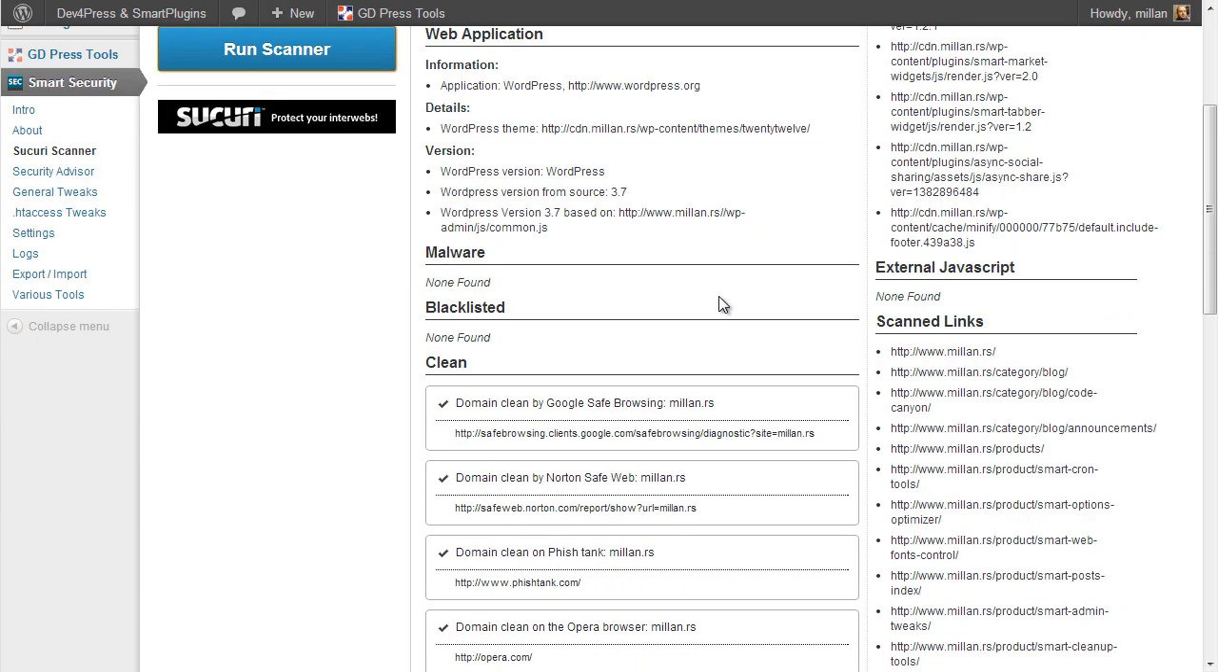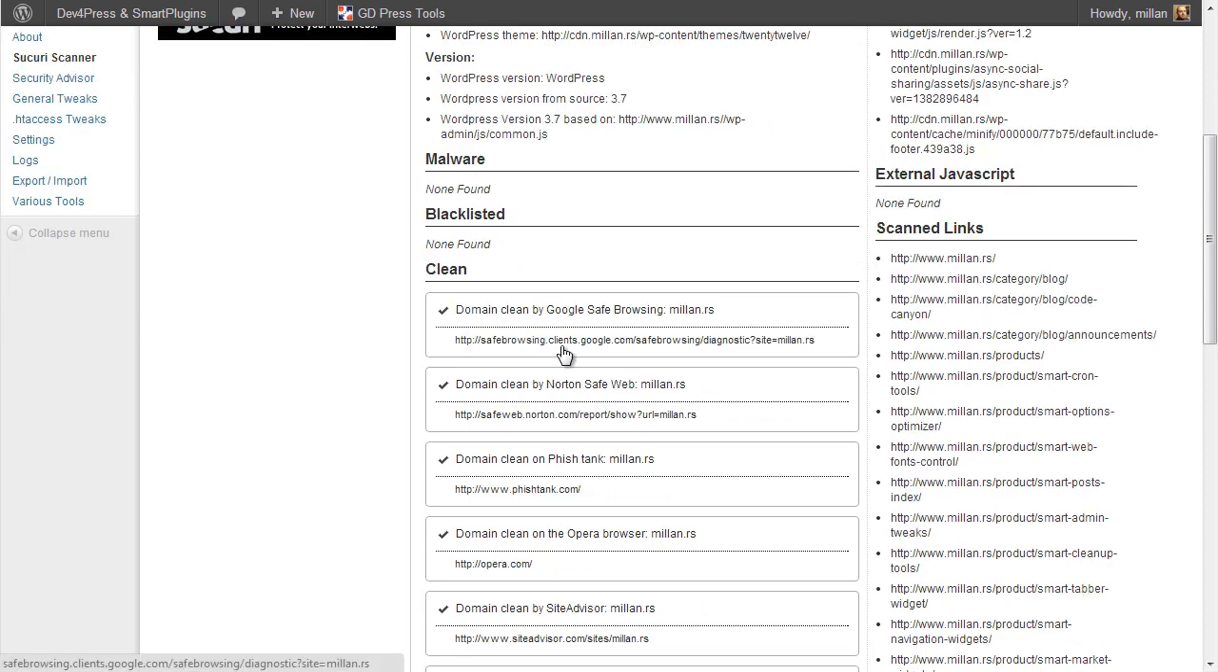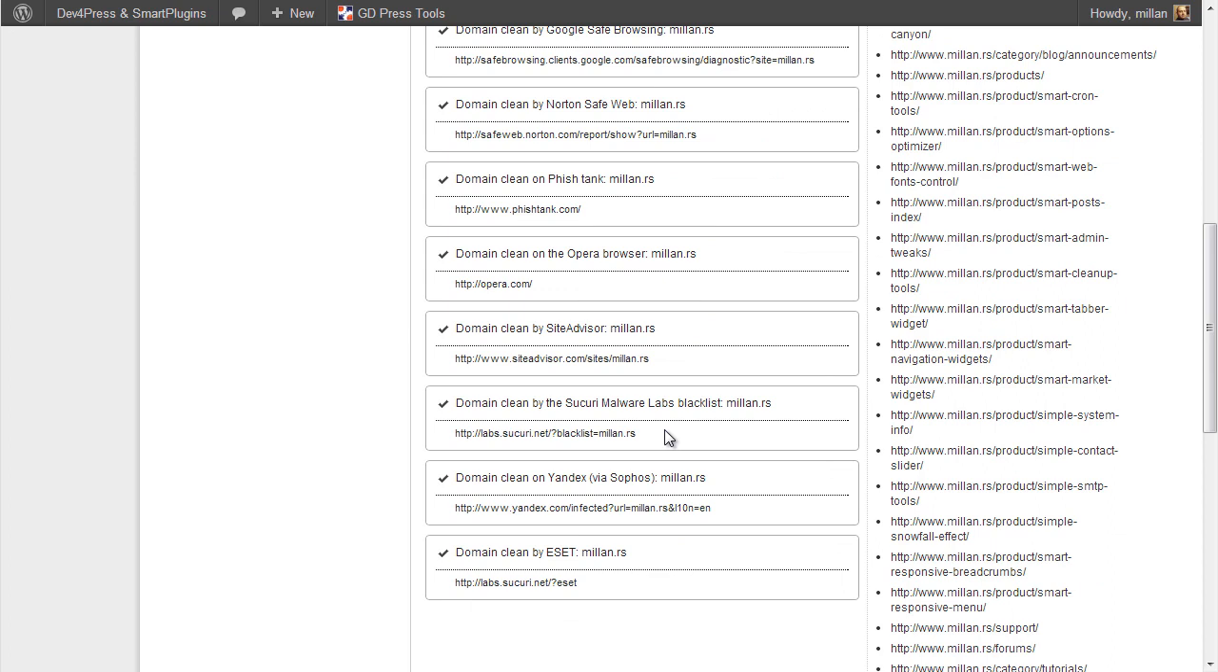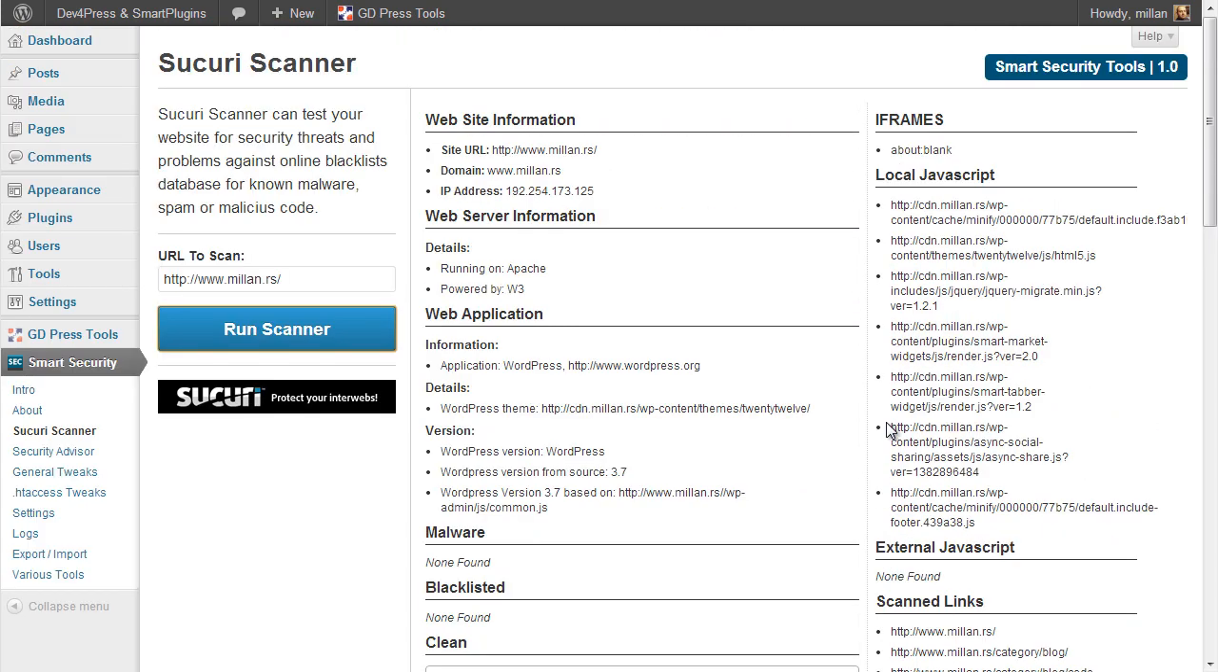And you will get information about many things on your website, but most important is malware and blacklisted. So this website is not containing any malware, or is not blacklisted, and it is deemed clear by all these websites and authorities for website security. Okay,